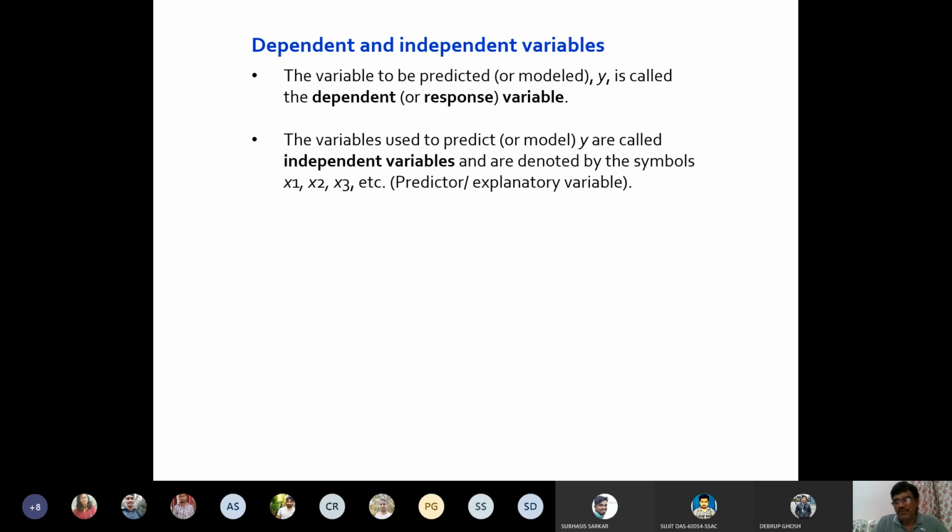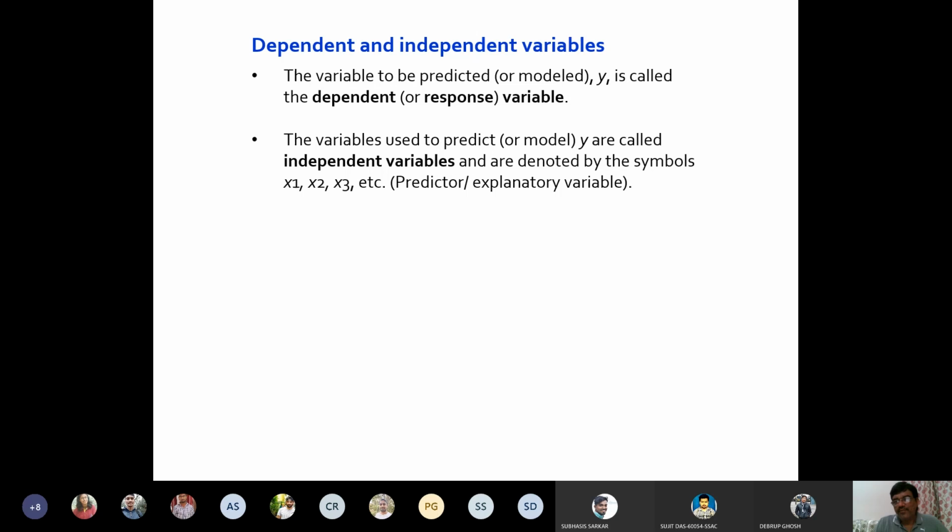So many times it is up to you to decide which one you want to take as independent variable and which one as dependent variable. It depends many times upon your choice. For example, if you take leaf area index, it can be influenced by many independent variables. Leaf area index can be a result of photosynthesis rate. It can be a result of the number of leaves on the plant, and so many things. Independent variables can affect the individual leaf size, the dependent variable being leaf area index. So it depends upon your choice.